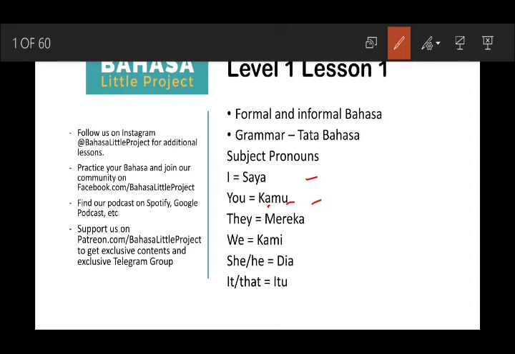Mereka. Now next, how do you say we? We is kami. Kami. Okay, how do you say she or he? Now this is something interesting, because in Bahasa there is no she and there is no he. You just simply say the same word, which is dia. Again, dia. Okay, and then how do you say it or that? It is itu. So those are the most basic grammar that you will learn today, and those are the subject